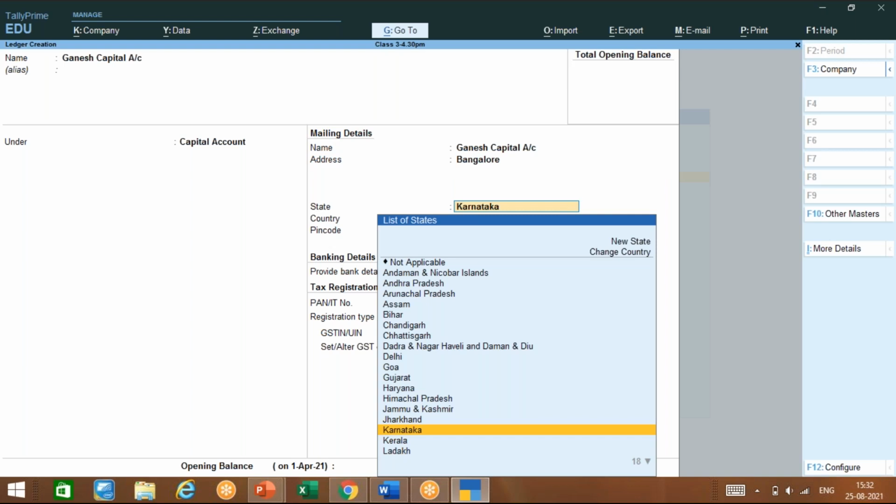Okay, the state is very important to be selected, as I told you in yesterday's class, that when you create state here,